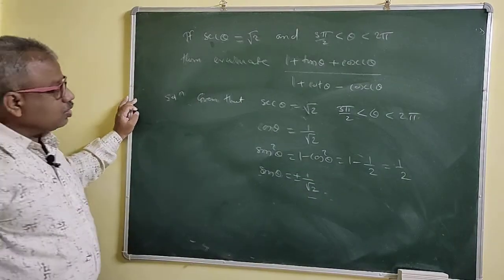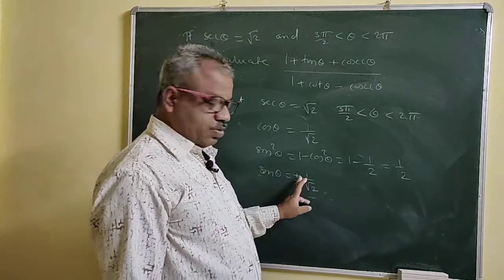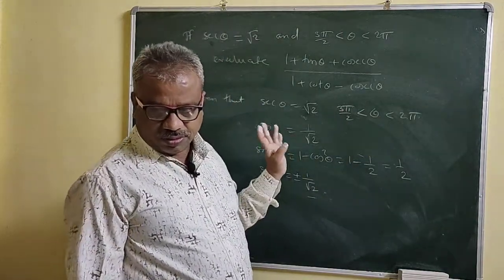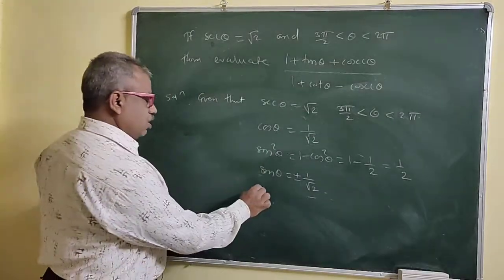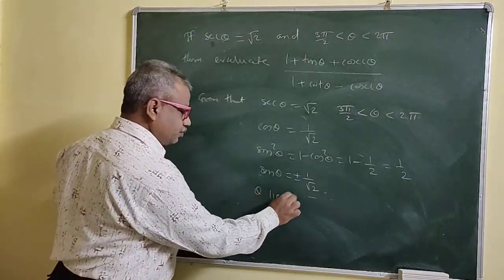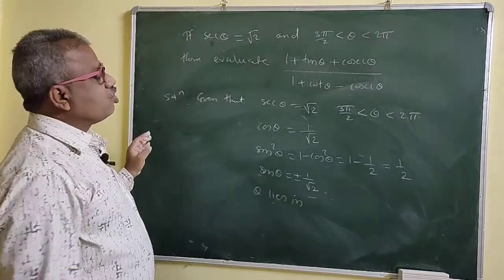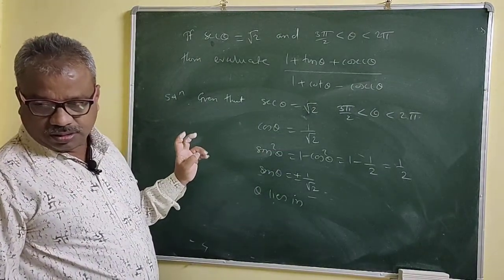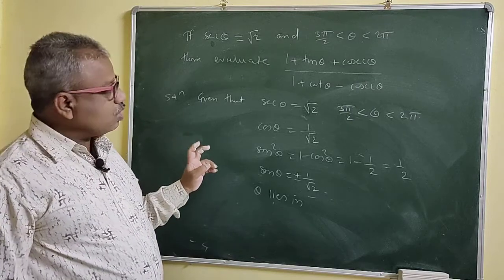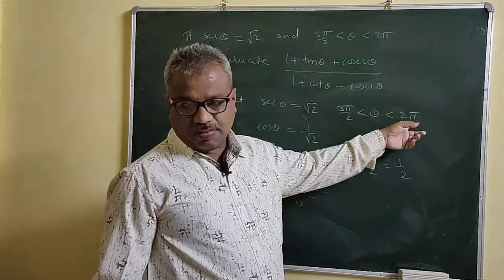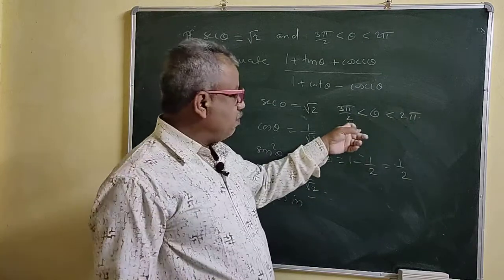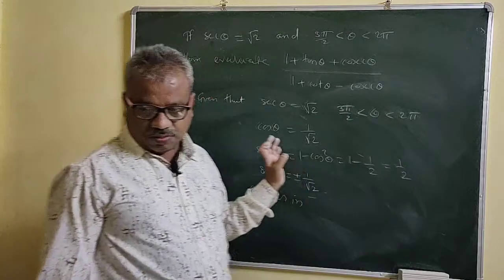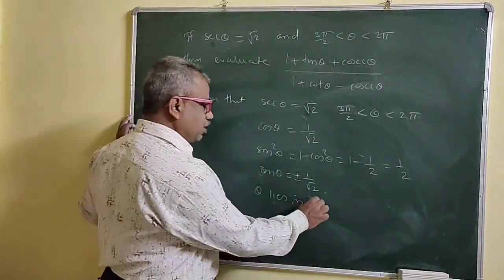Right? Okay, so now theta is given. We have to take the plus sign or minus sign, and that depends on theta. The position of theta is given to you. Apply that condition now. Theta lies in which quadrant? In the fourth quadrant, right? 2 pi means 360 and 3 pi by 2 means 270 degrees. So 270 to 360 is the fourth quadrant. So theta lies in the fourth quadrant.